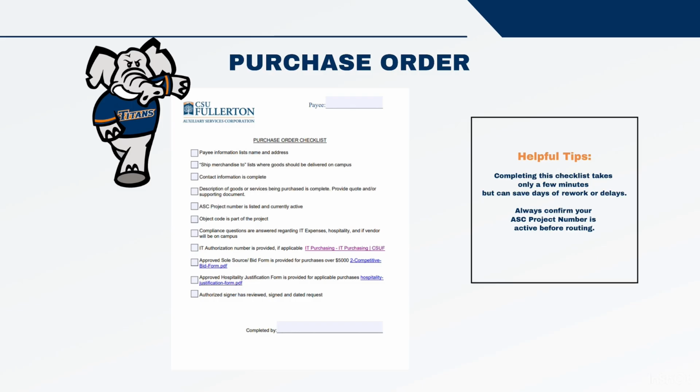So let's begin with the purchase order form. The purchase orders are committed to pay for goods, services, and expenses to our vendors. In order to complete the forms, we also have it on our ASC website under the financial tab. There you'll find the purchase order checklist with the purchase order form. Please complete the checklist and check off the boxes as you go along so that you will have a complete purchase order